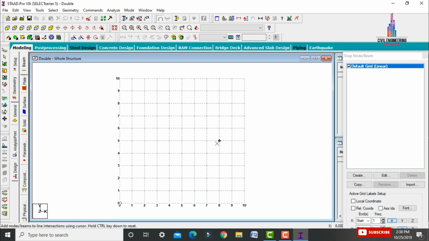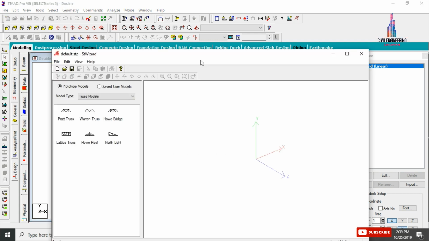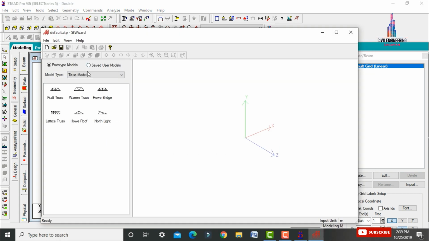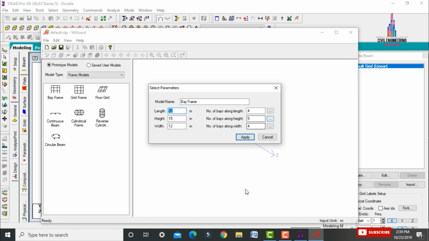For the double column building, I am assuming a G plus 6 storey building, which consists of 7 slab sections. So directly go to geometry, click on run structure wizard option. Here we select the model type as frame models initially. In this I am selecting bay frames. Here we have to assume the length, height and width of the building. The length of the building I am assuming as 14 meters.